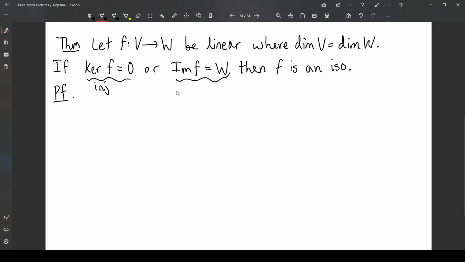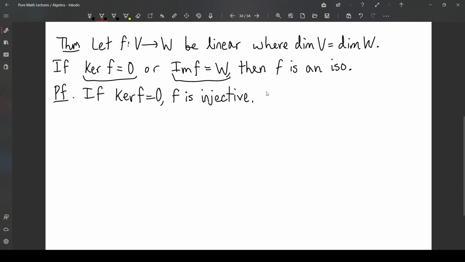So let's see why this is true. We're going to first do this one and then this one. If the kernel of f is 0, f is injective, so we only have to show that f is surjective. Let v1 through vn be a basis for V, then